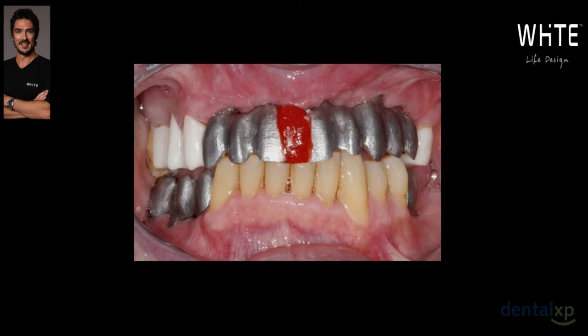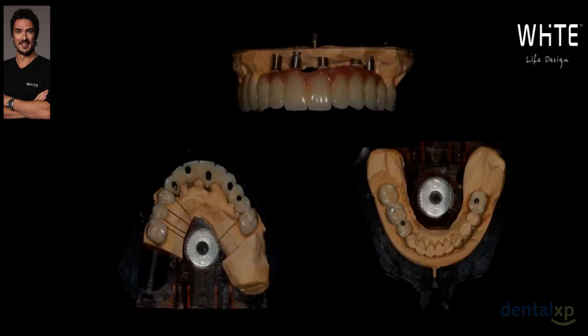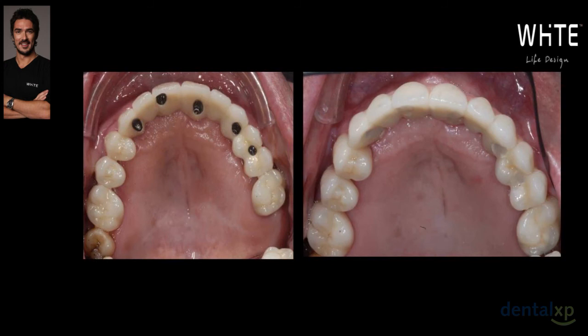And I'm not going to get into everything here, but here we got the final restoration. And as you can see, it is screw retained. This is something that I find always very important because of the retrievability. And here we have the structure screwed into the mouth and the holes filled up with the composite resin, and